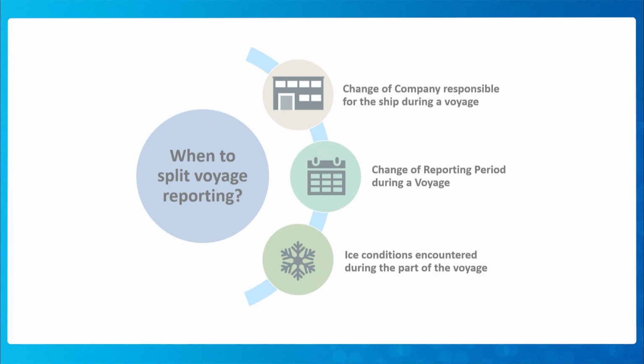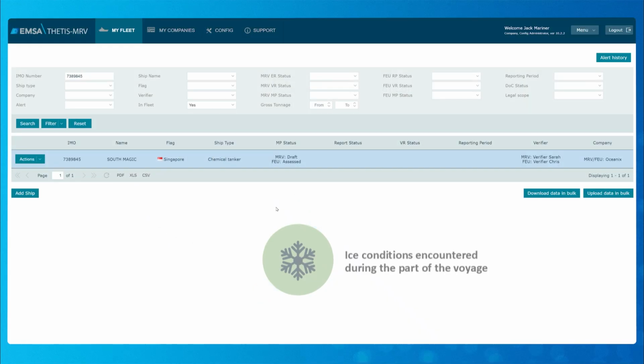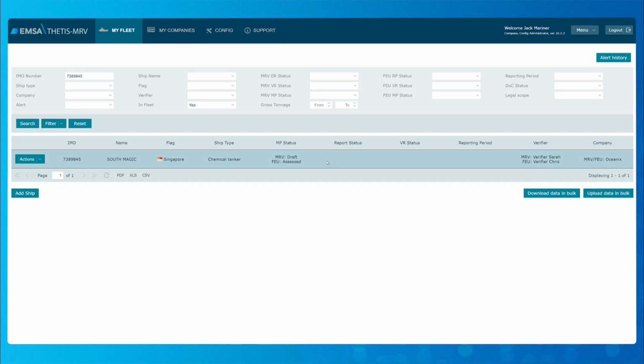Annex 5. Any of the above situations require reporting the voyage split, either at the moment when the ship changes the responsible company, or at the end of the year, or when entering the navigation through ice. In this tutorial, I will demonstrate how to perform the split of the voyage for the third case, when sailing in ice. Let's use this ship as an example to report monitoring data related to a voyage that shall be